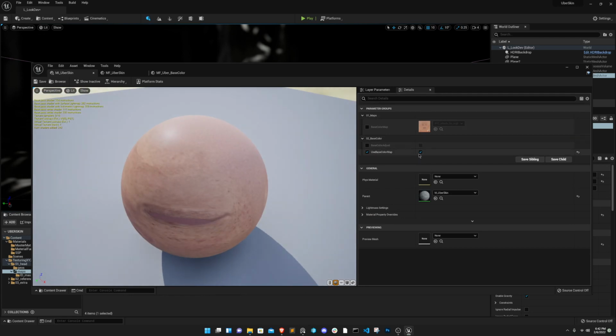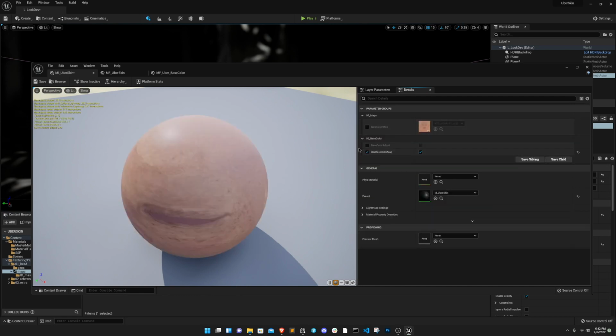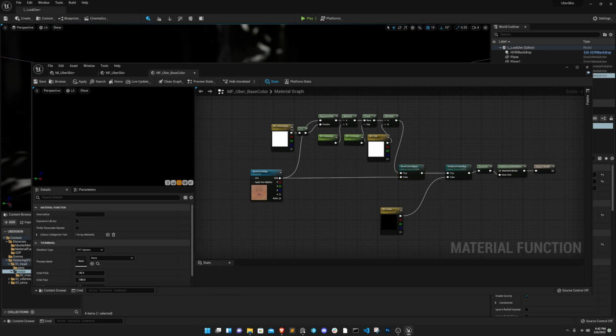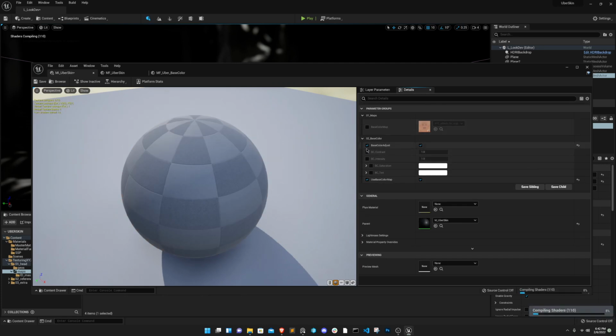And then if we use base color map, it goes to there. But if we turn that off, it just goes to base color here, and then we can change that. But if we turn the map back on, we get this base color adjust, because after use base color map is true, we get access to this switch here. So if we turn this on to true, we'll get access to all of this stuff here. So go here, base color adjust,